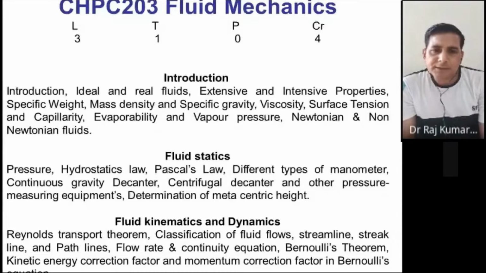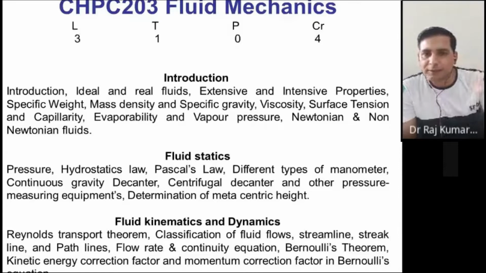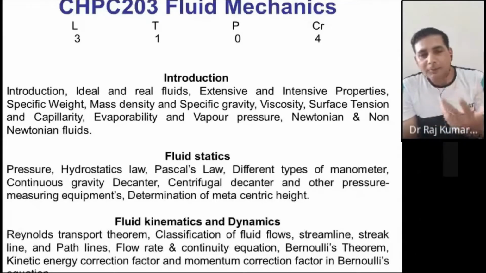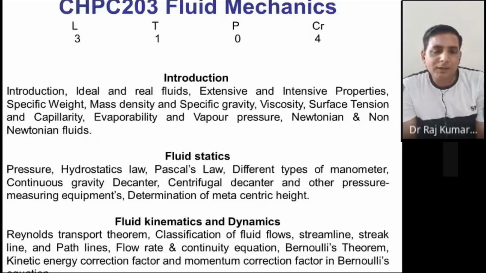Then decanter means you have filled a tank. Now you want to make a hole in it so that you can take the water or fluids out. That's just called gravity draining. The decanter means you are not putting any pump to drain the fluid from the tank. You are just putting a hole. Now the hole can be rectangular, square, V shape, or semicircle, right? So depending on the type, you can calculate how much would be the discharge.